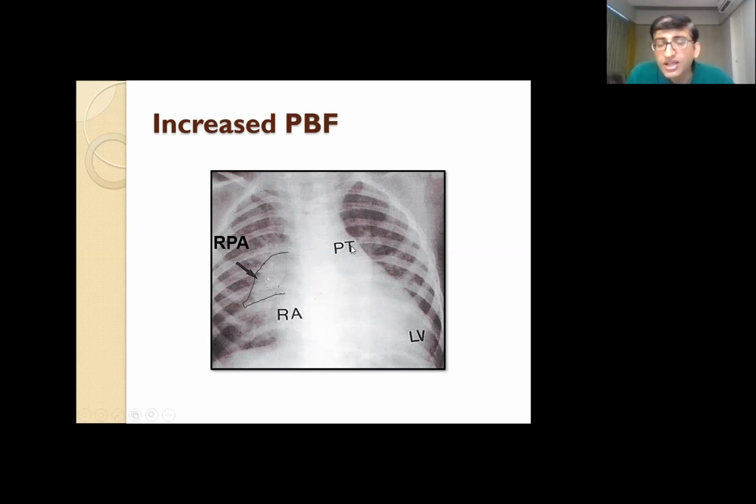The left pulmonary artery cannot be seen in chest X-ray PA view because the left pulmonary artery goes posteriorly behind the left bronchus and hence it cannot be visualized in chest X-ray PA view. If you want to visualize the left pulmonary artery, either a lateral view or a slightly oblique LAO view of chest X-ray will show a dilated left pulmonary artery. But conventionally, we take only chest X-ray PA view, so we will not be able to see on the left side what we can see over here.